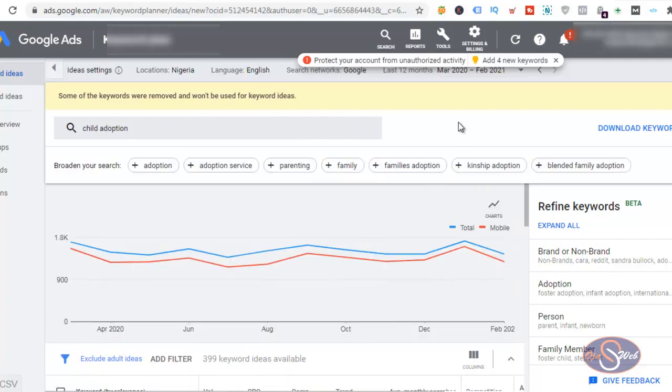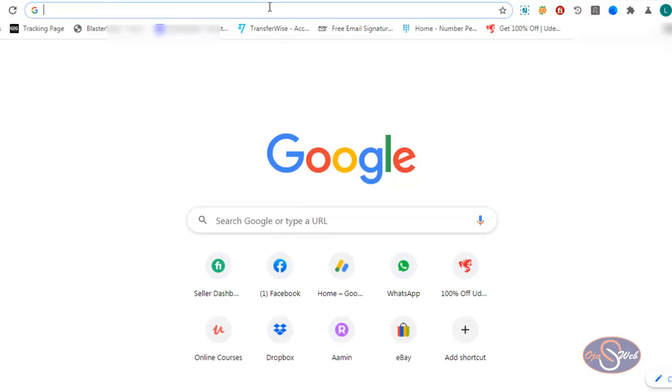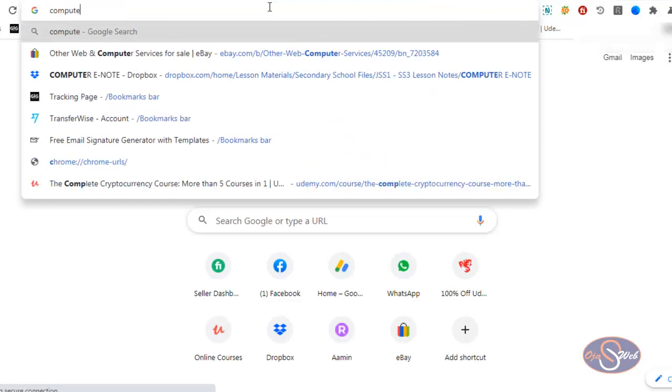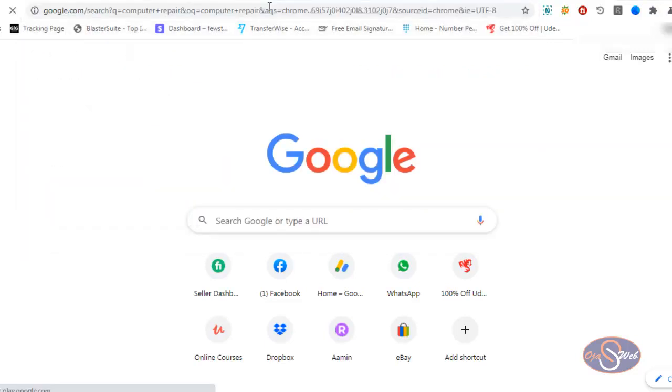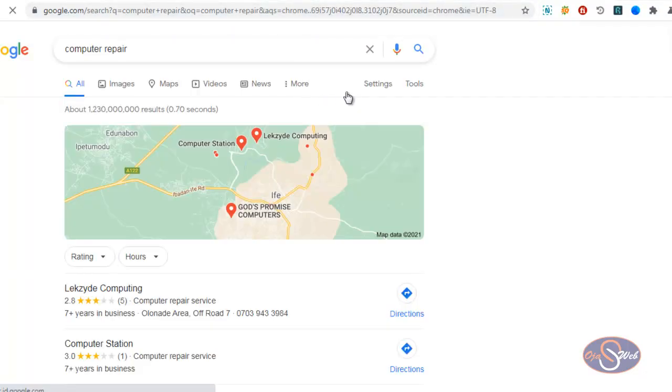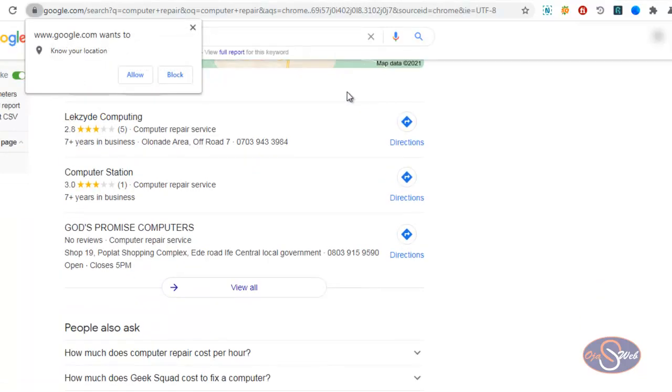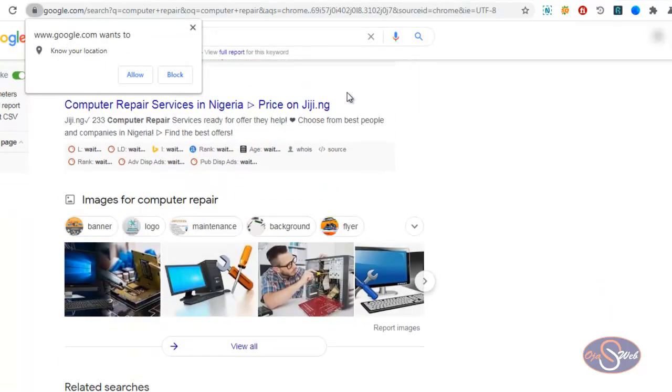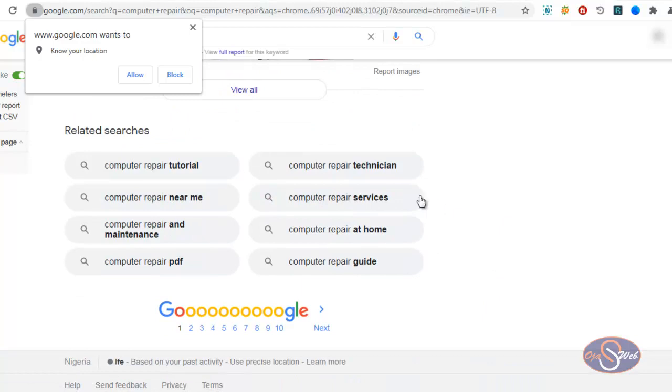I will talk about the first tip, and the first tip is going to be performed on Google search. So when you try to search for some keywords on Google, Google usually gives some keyword ideas at the bottom of the page. So if you go ahead and type maybe computer repair, and you search for that keyword and you go to the bottom of the page, Google usually gives some related keywords that you can use to